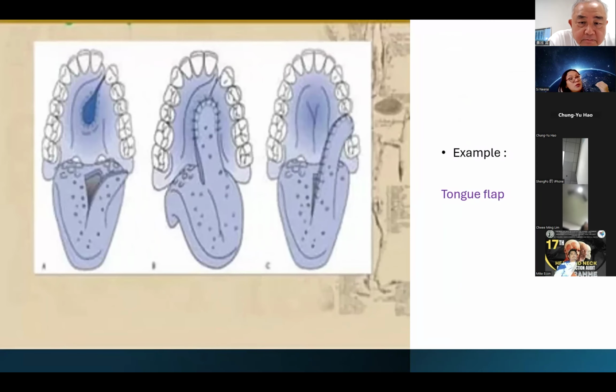Tongue flap, you can use it for a defect in the palate or on the cheek, or even for a marginal mandibulectomy defect, for example, where the patient is not suitable for any radial forearm free flap, then you can always use it. The problem with the tongue flap is if you raise it too thin, then most of the time the tongue flap will get necrosis. So you need to measure that the thickness should be around 1 centimeter, with the width also at least around 1 centimeter. There you can get a very adequate thickness of tissue, so your flap usually can be viable after some time.